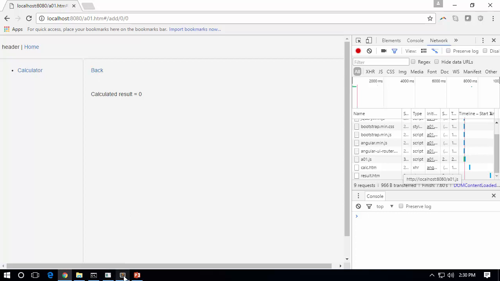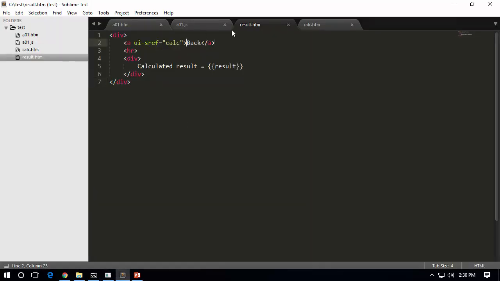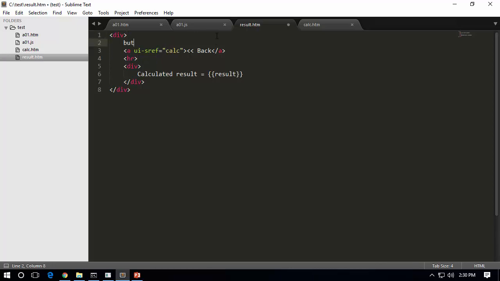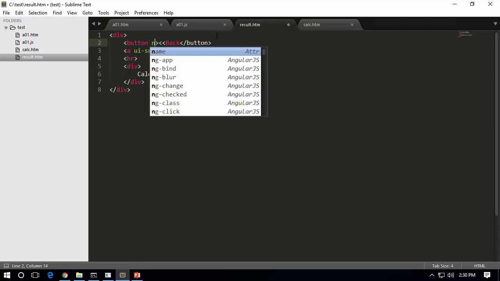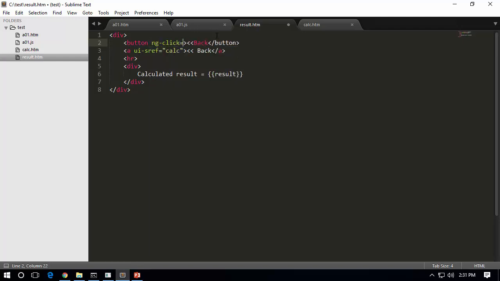So for that purpose, in this case I just wanted to provide something like this so that it shows in a better fashion. And now I would like to create a button instead of a UISref or the anchor tag. So in this case I would like to have a button which actually says something like back. So this particular back is going to actually access the go back method, which is supposed to be expected as part of our current